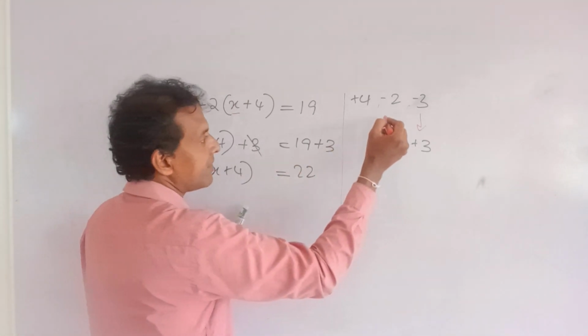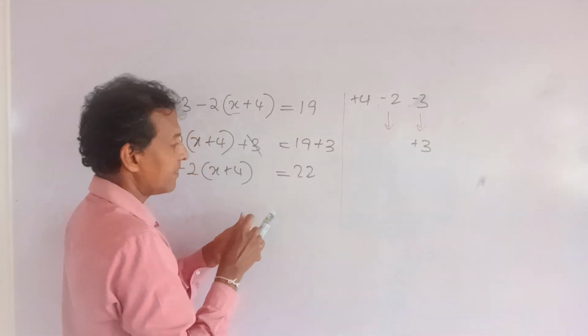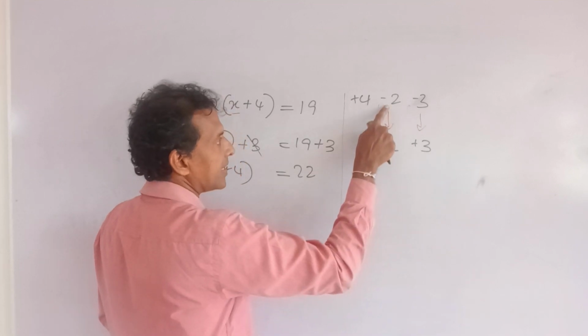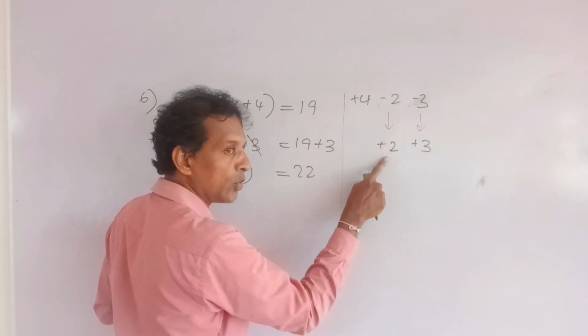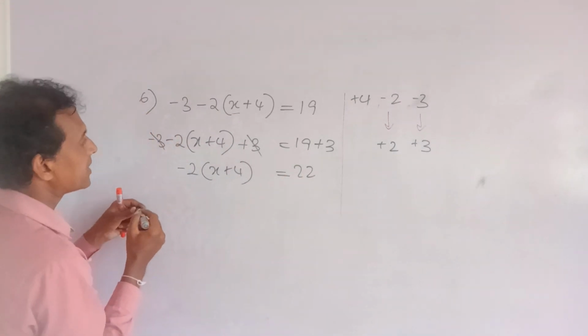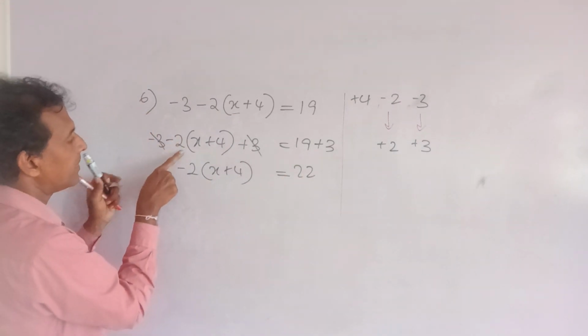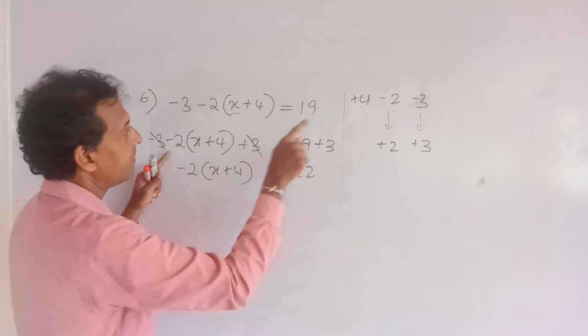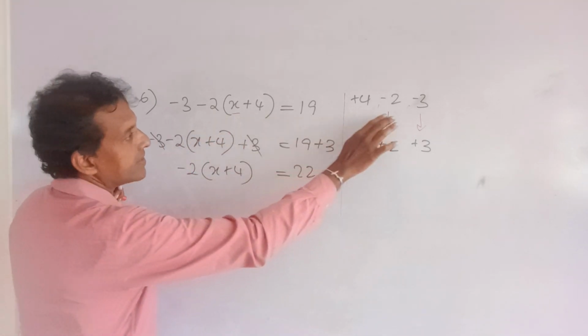Move on to the next operation we have here, minus 2. So add 2 to both sides. Sorry, I have made a mistake here. If I start from the beginning,